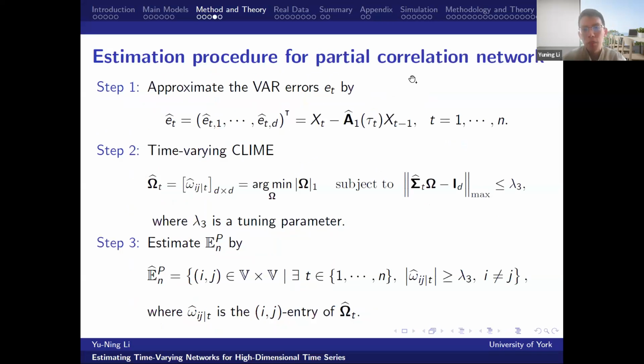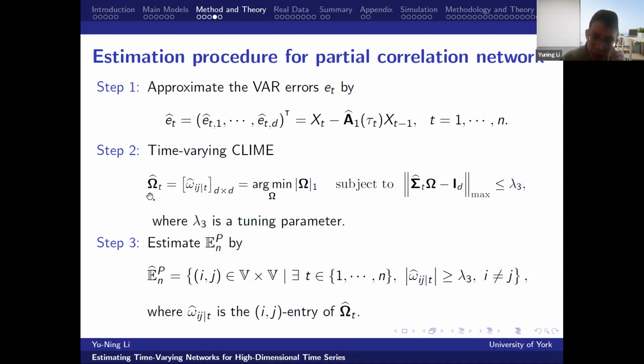And then we estimate the partial correlation network. In the first step, we estimate the errors of the VAR model, and then use this \hat{e}_t. We first estimate the sample covariance matrix locally using some weights, and then use this time-varying CLIME method to calculate its inverse.